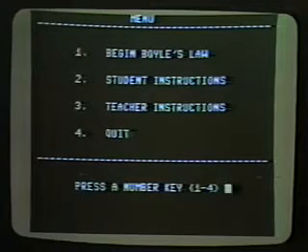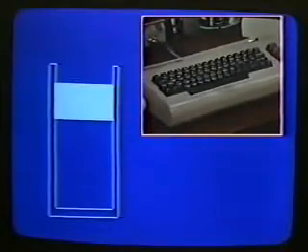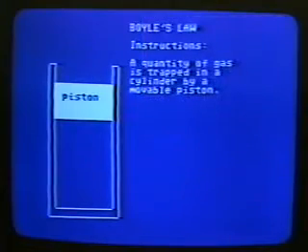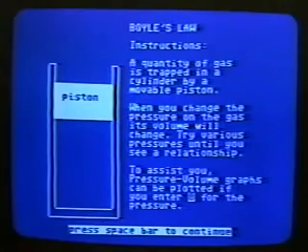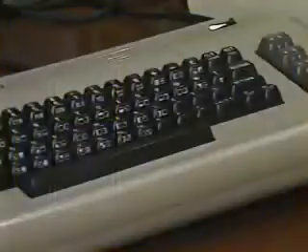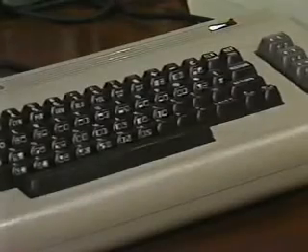So this has to do with gas pressure, and we'll press the 1 key, and the computer draws a little picture of an amount of air trapped by a piston. It gives us instructions, tells us what we want to do, asks us what we want to do next. We'll press the space bar, it will ask us to set the pressure, but for the moment, we don't want to run this thing. Our objective here is not to learn about Boyle's Law, but to learn about how we